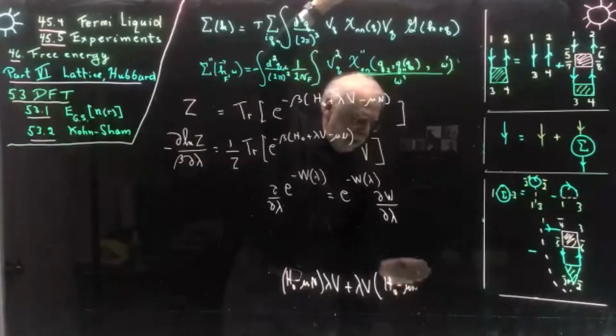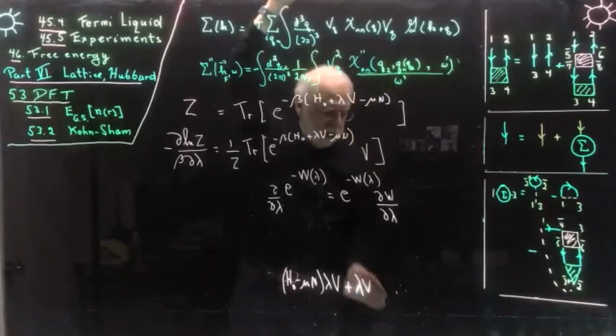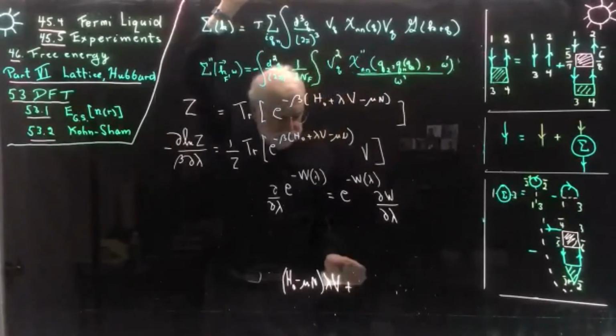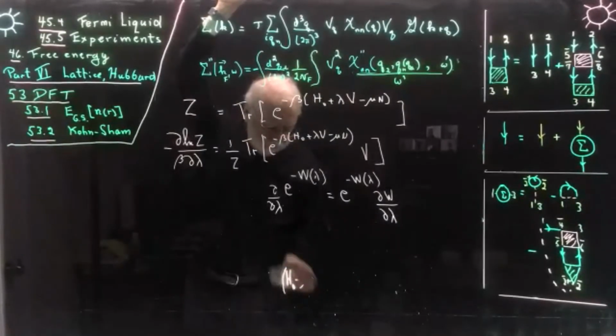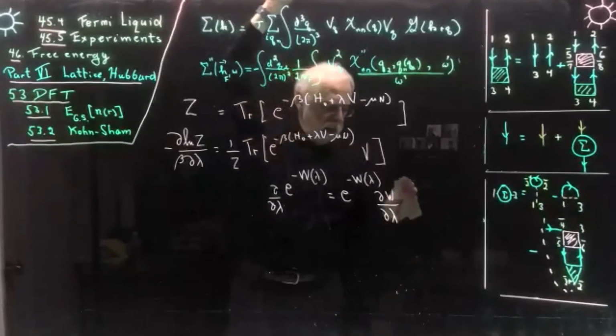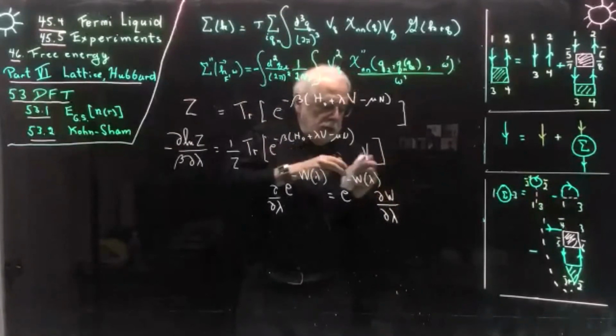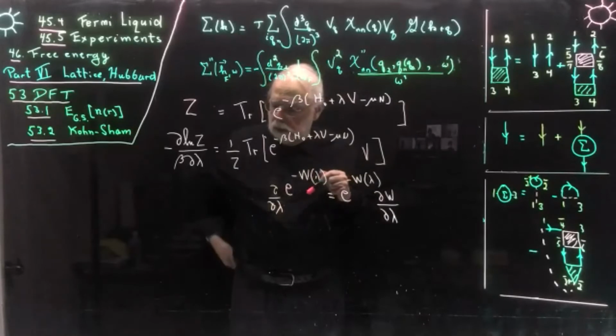There's another way to see it, which is to go to the interaction representation. Then you can do the derivative, and you can work it backwards. Okay, so given this,